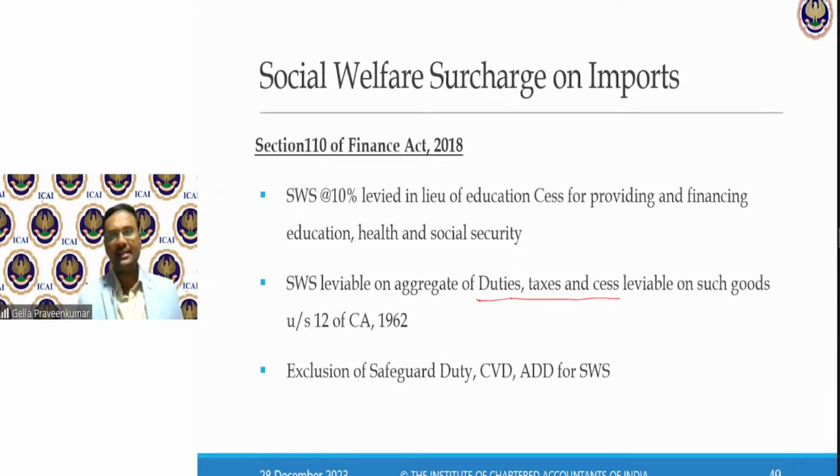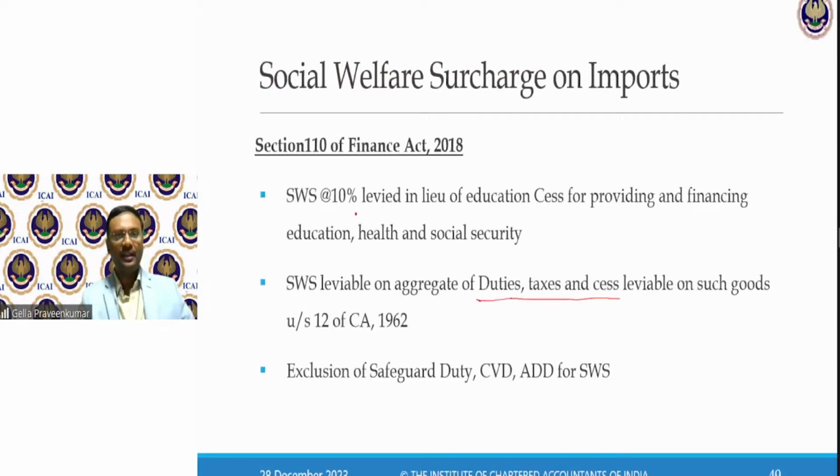What I'll do, I'll just insert one slide to give more clarity. Just give me a minute. For a moment, please keep in mind, social welfare surcharge is exempted on IGST and cess.